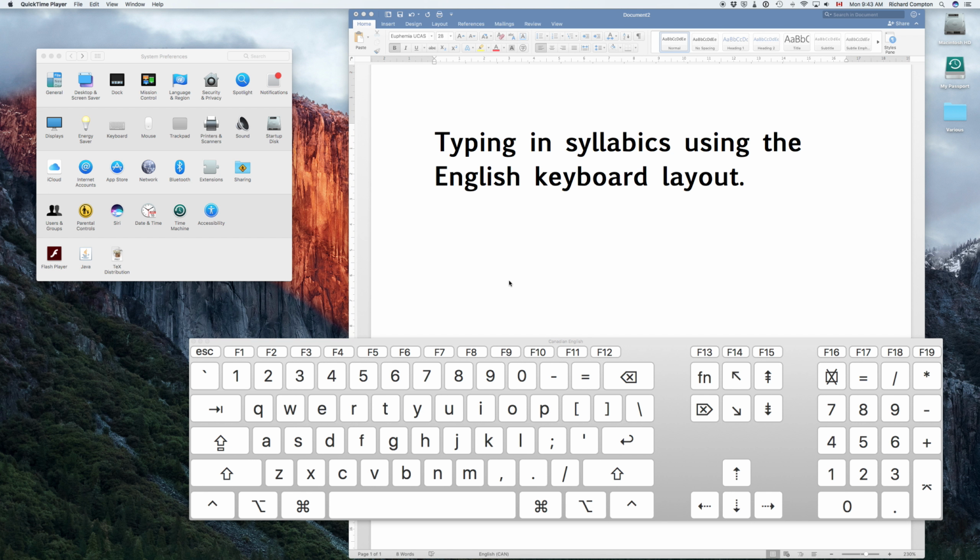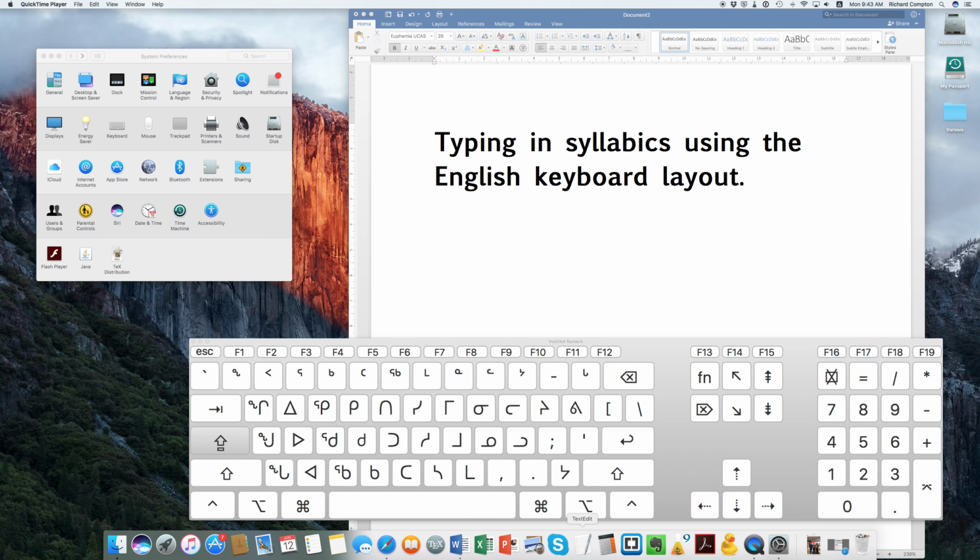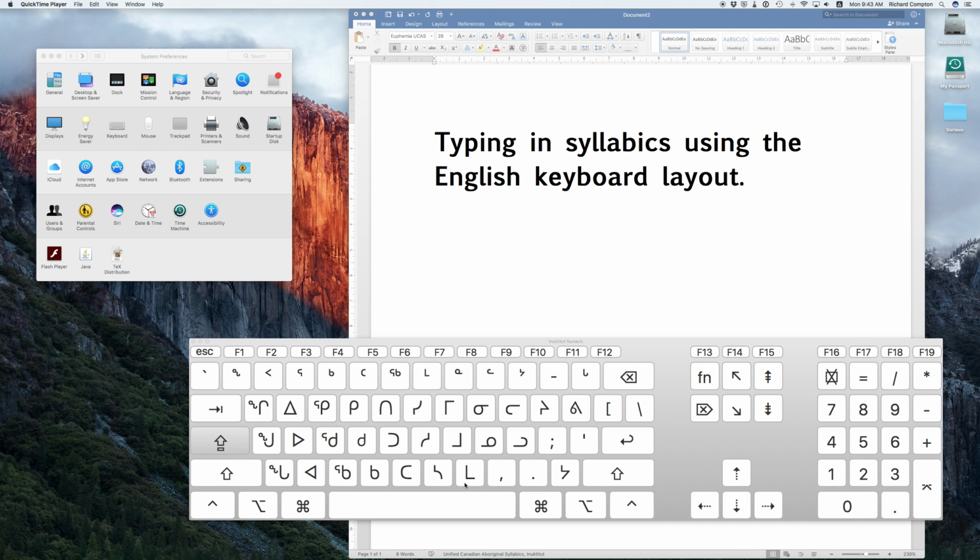In this short video, I'm going to show you how to type in Inuktitut Syllabics using the English keyboard layout. Now, there are different keyboard layouts for Inuktitut, for both Nunavut and Nunavik, but these keyboard layouts often are quite different from the English layout. So for example, if I go to Inuktitut Nunavik and I hit caps lock on my keyboard to switch over to the Inuktitut keyboard, you'll see that